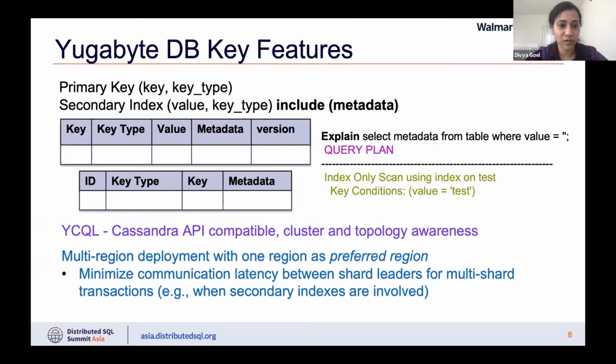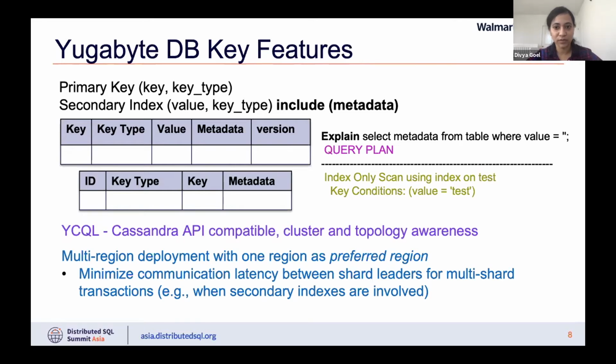Another feature that was very important for us was that Yugabyte offers YCQL and YSQL both. YCQL was a good fit for us as we were moving from Cassandra, since it was Cassandra API compatible. We got better performance as it was cluster and topology aware, so there was no hop needed to get to a shard, and we could do local DC reads and follower reads. YSQL is also a very interesting area that we wanted to look into in our future, as we could do joins and all. So for a future use case, we'll consider exploring YSQL.